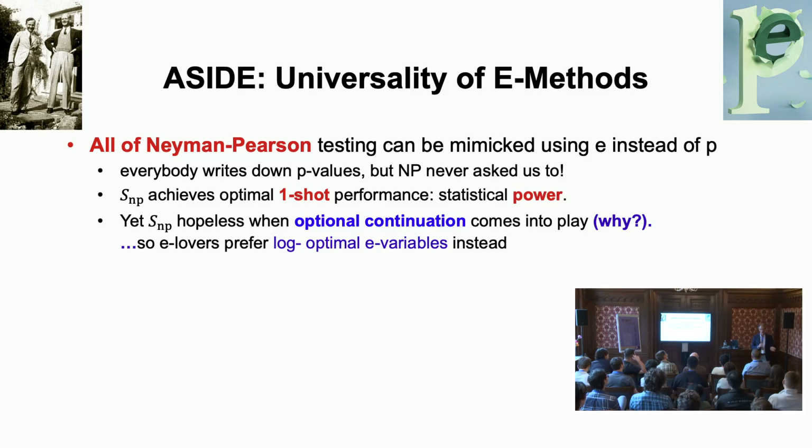Rejecting or not has a clear interpretation, but writing down a small p-value has no interpretation in terms of accepting or rejecting. So we can do everything without the p-value, and this is just a generalization. In practice, we could use Neyman-Pearson e-variables, which are either 0 or 1 over alpha, but we don't do so because they can be 0. And then we're dead in terms of optional continuation. If we get a new batch of data with a new e-value and we multiply, we stay at 0 all the time. So we want to avoid those, but in principle we can use them. We're just generalizing the existing theory.